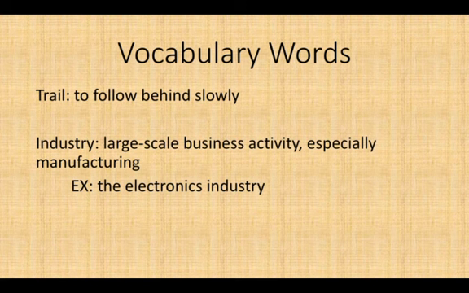Industrial. Oops, I spelled that wrong. The vocab word is actually industrial. It's a large-scale business activity, industry, a large-scale business activity, especially manufacturing. So, for example, the electronics industry is referring to all the companies that make electronics, sell electronics,